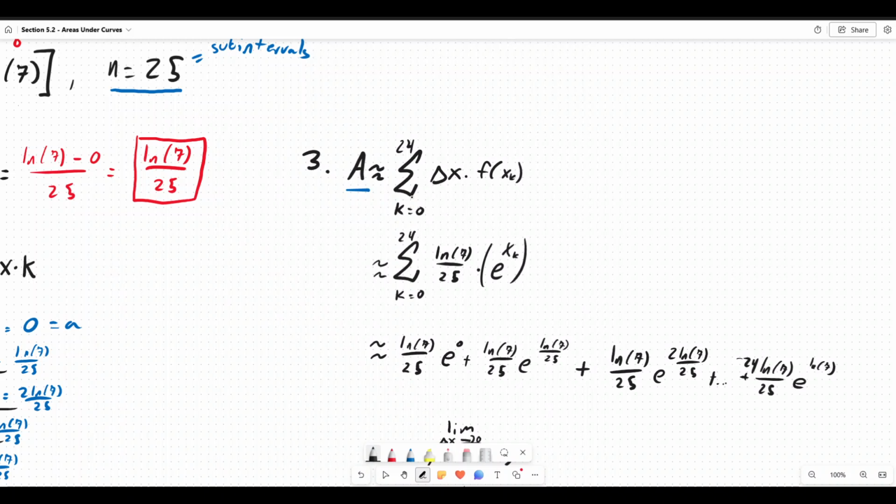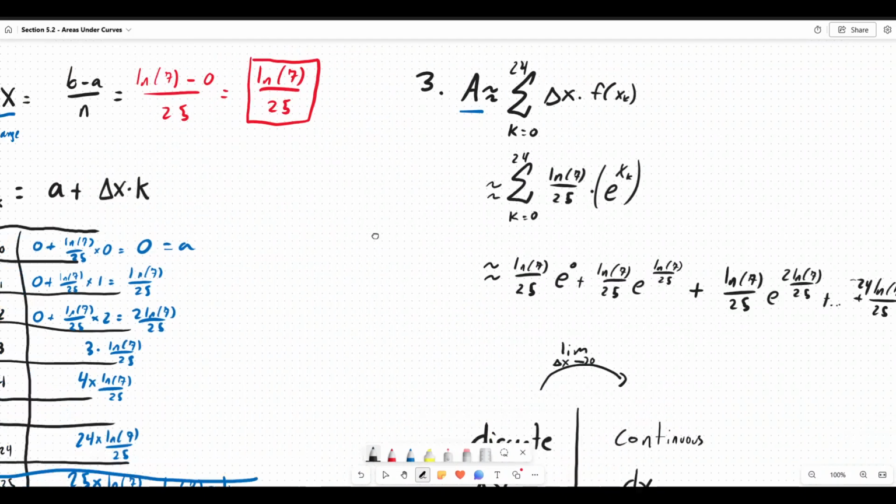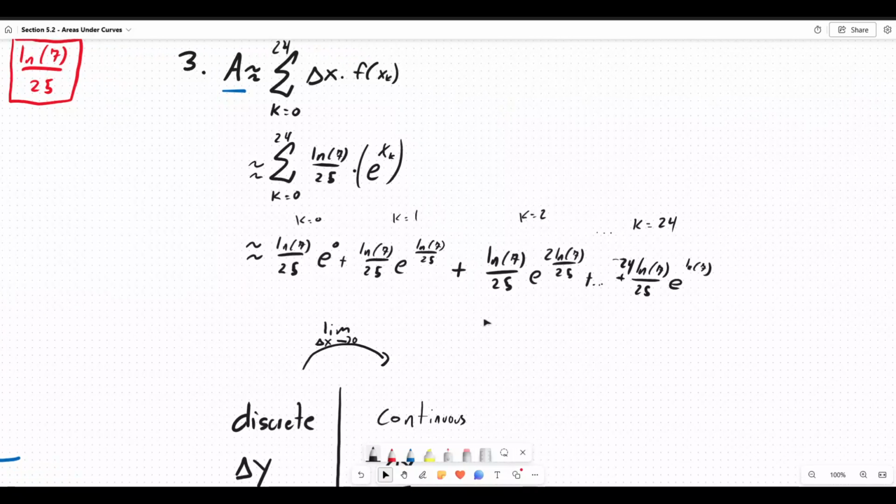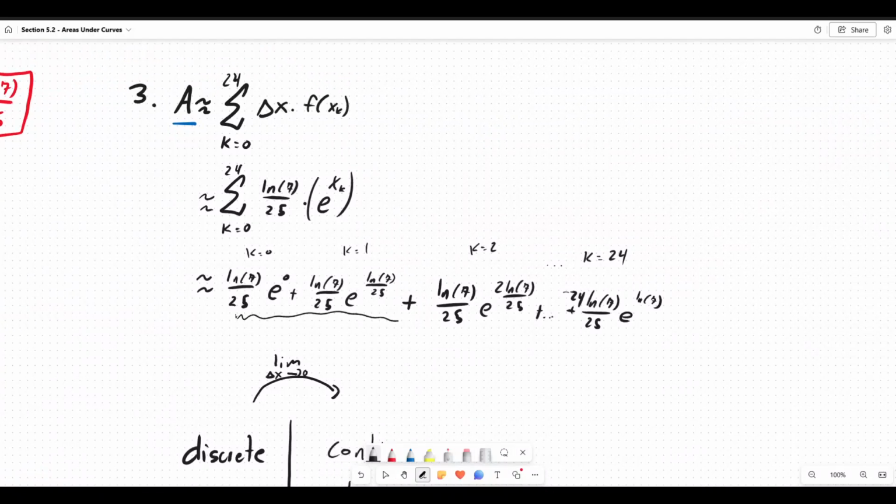So we sum from 0 to 24 of delta x times f of x sub k, where we have a table to look up all of our x sub k's. And we know delta x is the natural log of 7 divided by 25. So here's our first term. Notice it uses k equals 0. Here's our second term, k equals 1, k equals 2, and here is the last term, k equals 24. And theoretically, if you were to add up all of these terms, all 25 of them, even though the index ends at 24, you get very, very close to